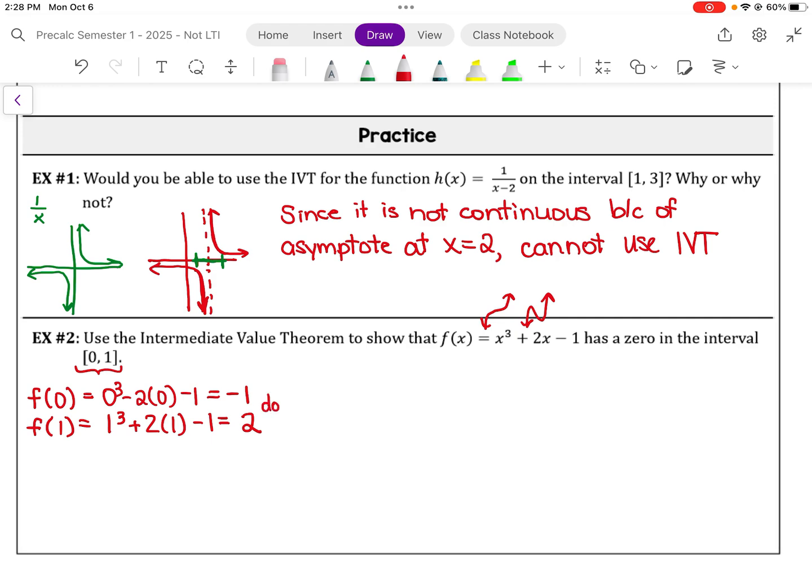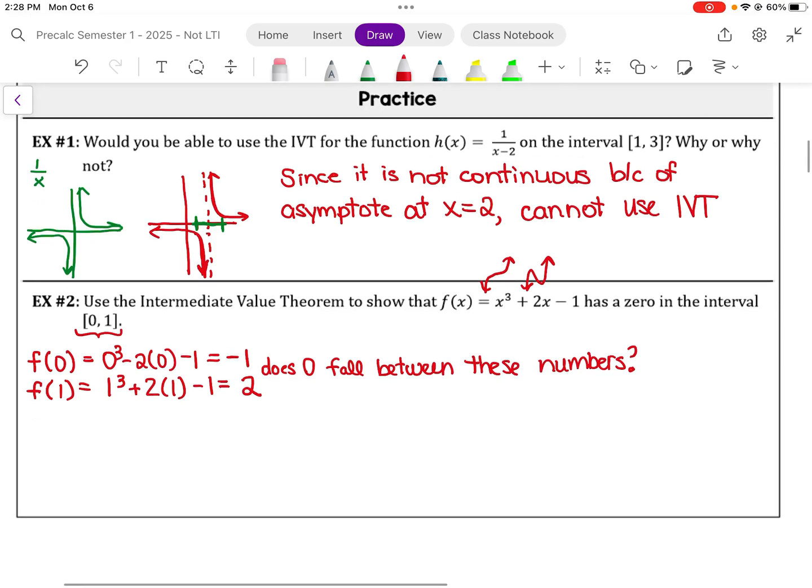So we ask ourselves, does 0 fall between these numbers? This is really my brain thoughts. I shouldn't actually write that down if I'm trying to answer a question, but I like to put my brain thoughts in my notes so that when I go back and study I can know what I was considering to get the answer. Okay,